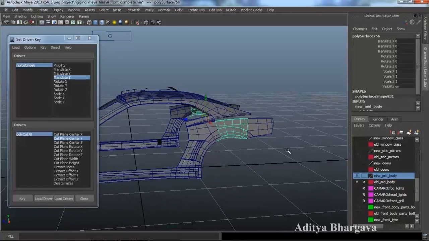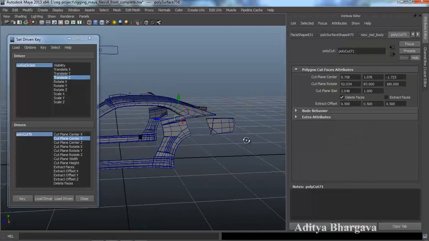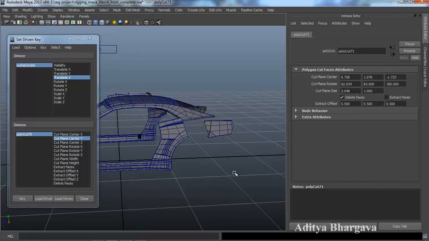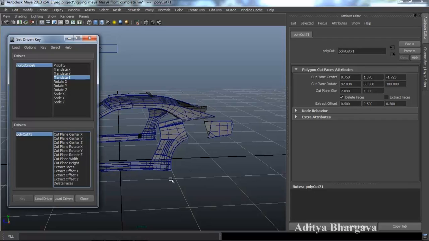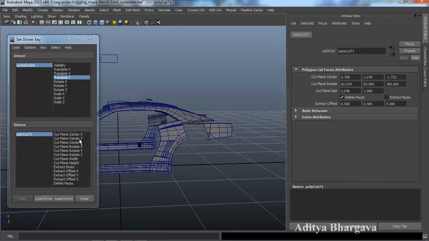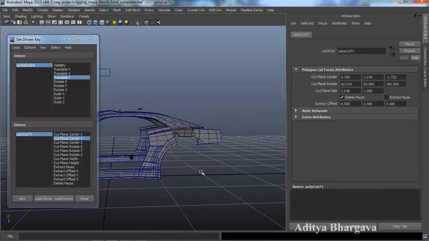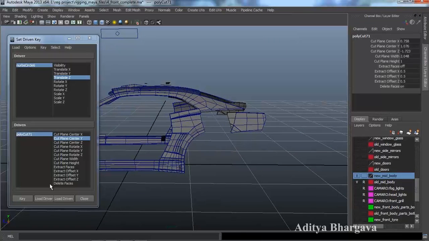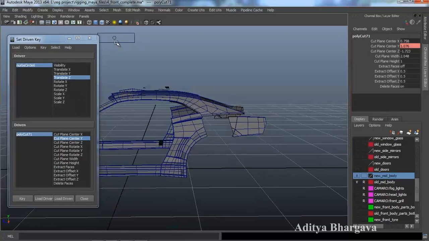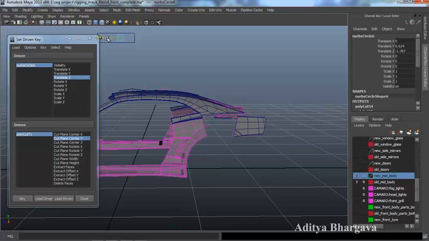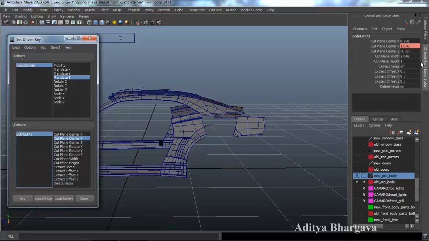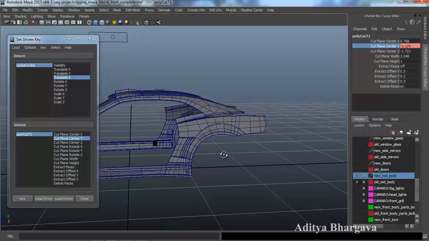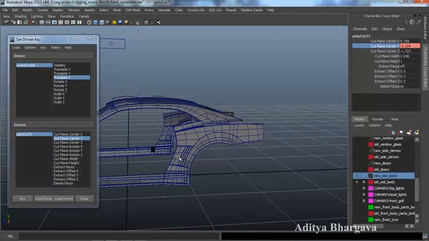So now we'll press Ctrl A, we'll select the delete faces, and we'll select the tool, make it the driven object, and we'll select the Y, we'll press Ctrl A, now we'll press key, we'll move the controller further, now make the parts visible, press key,